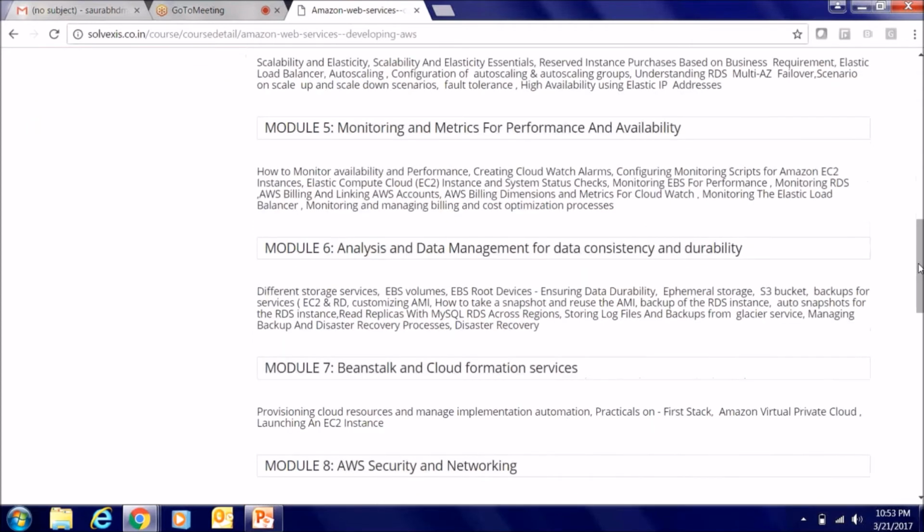CloudFormation templates. How do we create CloudFormation templates? Basically, this module will talk about what to do if you have to start infrastructure which includes tens of servers with all the connectivity setup, all networking setup, and it's not a single system. It's multiple systems, multiple networking.